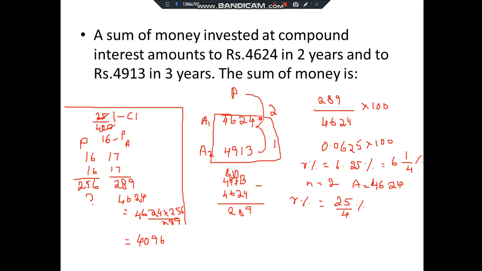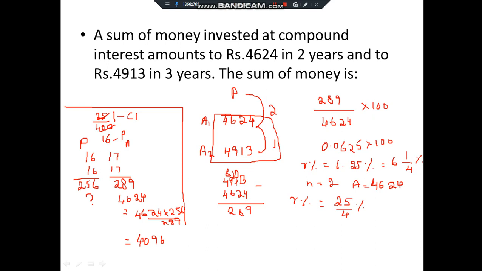Because in total it is 3 years. That is from principal to amount 1 it is 2 years and from amount 1 to amount 2 it is 1 year. In total it is 3 years. Don't get confused. So we'll have to find the principal. Simply understand the concept. First take the known values, keeping the unknown values next. So amount 1, amount 2 we know. So using that first we'll find the R percentage and after which we'll find the principal using those values.